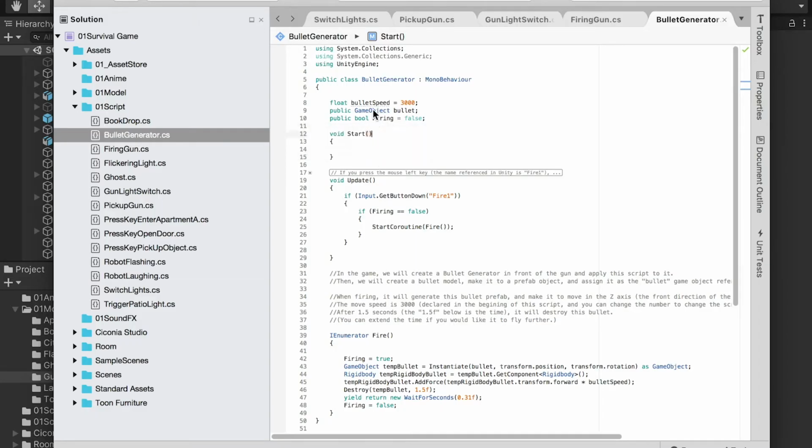Alright, here's the script. In the beginning, we assign a float number. We set it as 3000, and we'll give it the name bullet speed, and we're going to reference it later in the script. And also we assign a game object, a bullet object. That is the bullet model we assigned on the bullet generator. And we created a boolean status, firing, which has false or true status. Okay. And when the game starts, when we press down the Fire1 key, which is the mouse left key referenced in Unity, and also if the firing boolean status is false, which is the default state, it will start